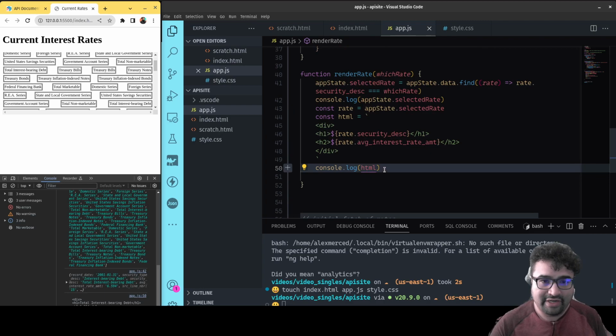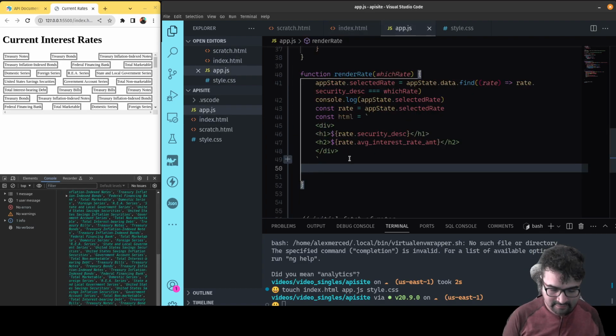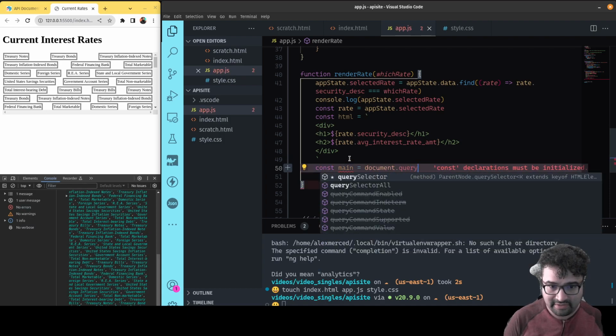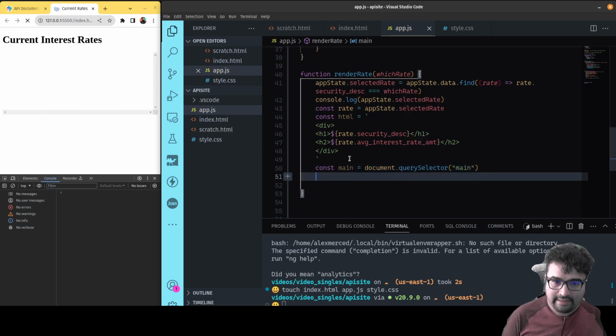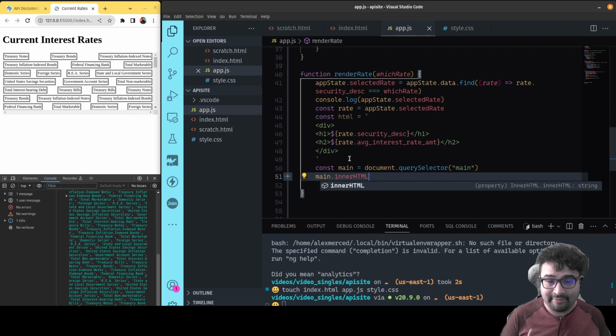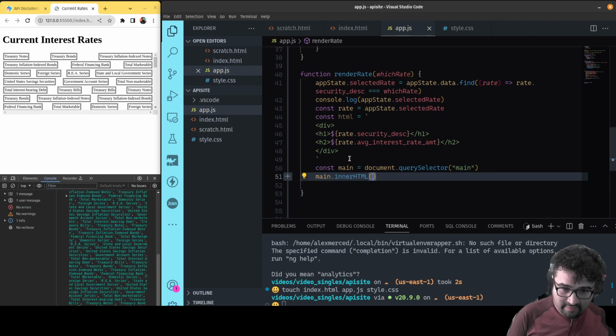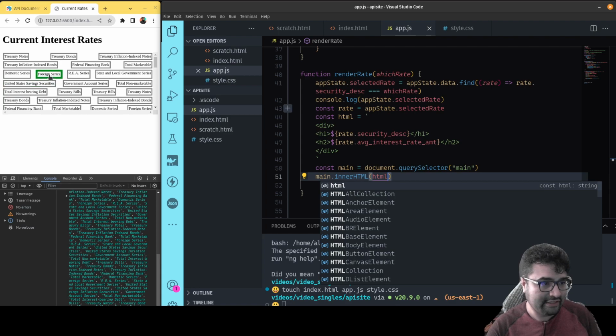So then what should happen is that I'm going to take that HTML, I'm going to go grab that main element, so in index we have the main, I'm going to inject that there. So I'm going to say const main equals document.querySelector main. Then I want to take the main and take the inner HTML, because I want to swap out the HTML, not just the text. So I'm going to say, hey, I want to put the HTML that I have in the HTML variable in there, and then that's what that's going to do. And so now when I click on each of these,